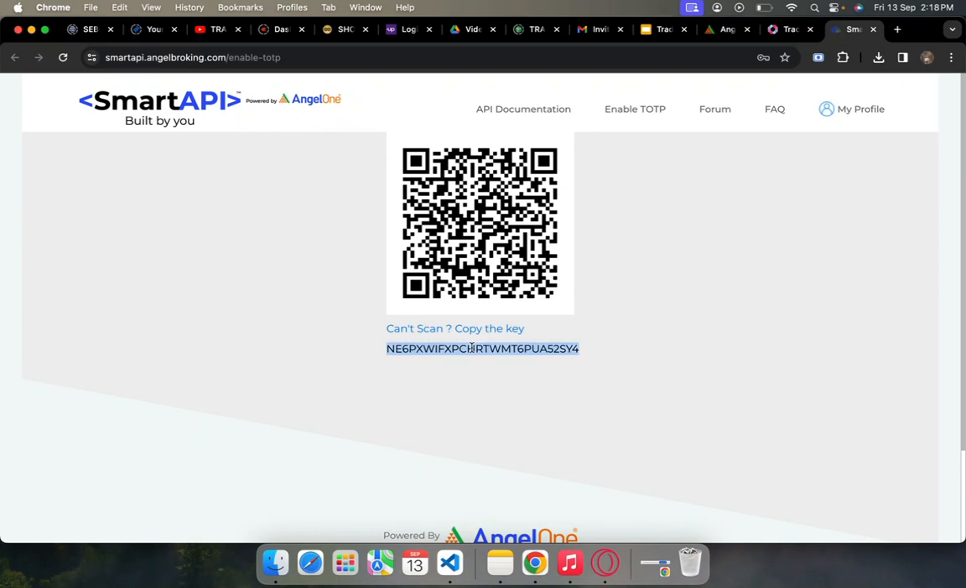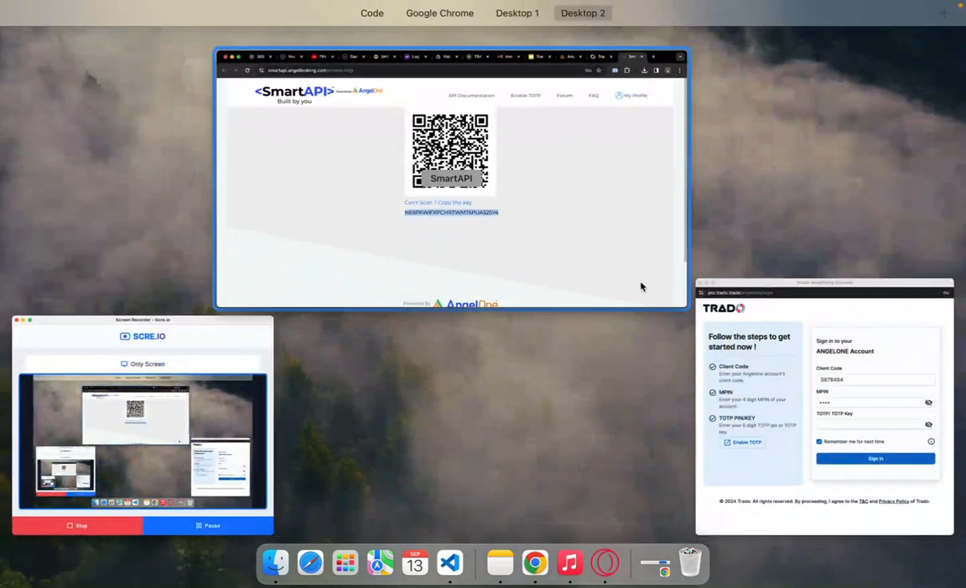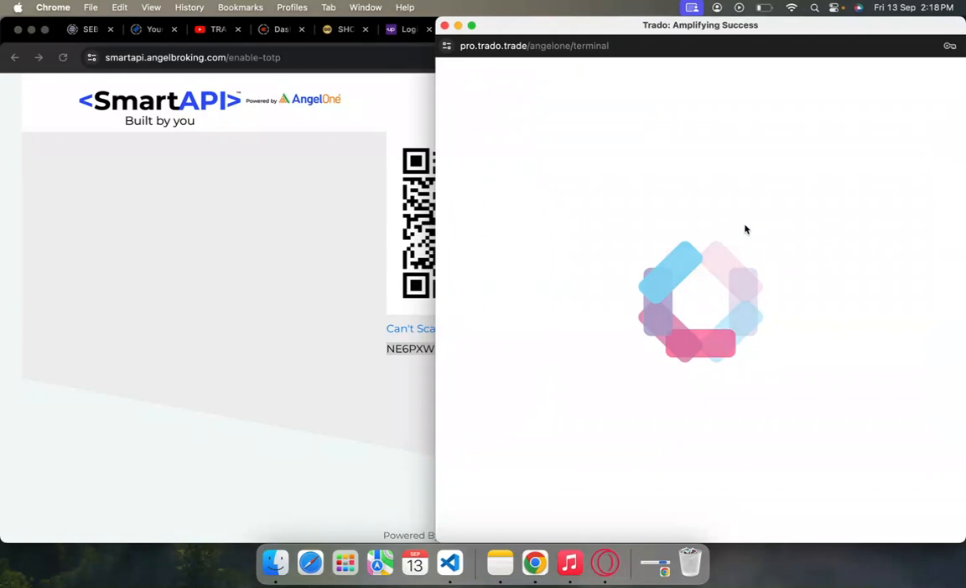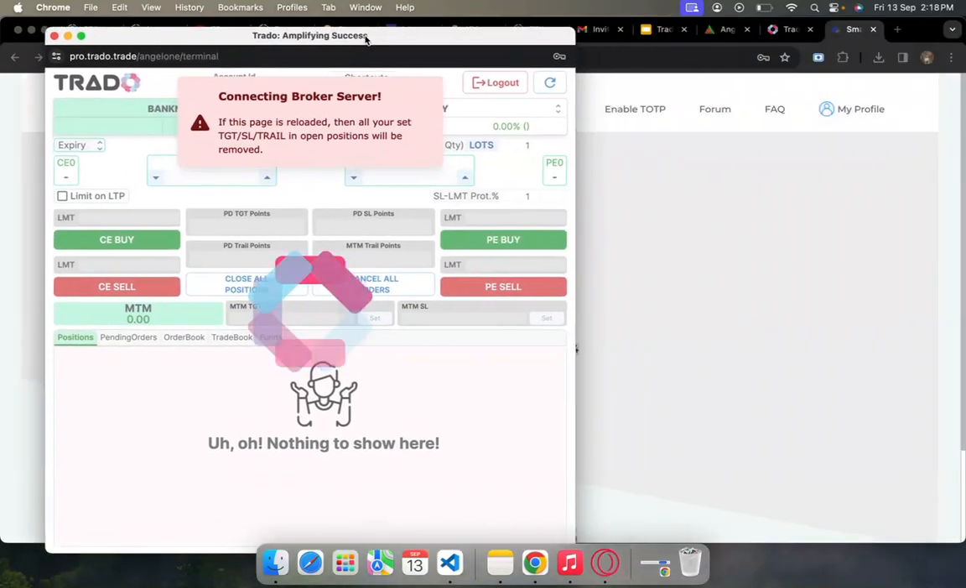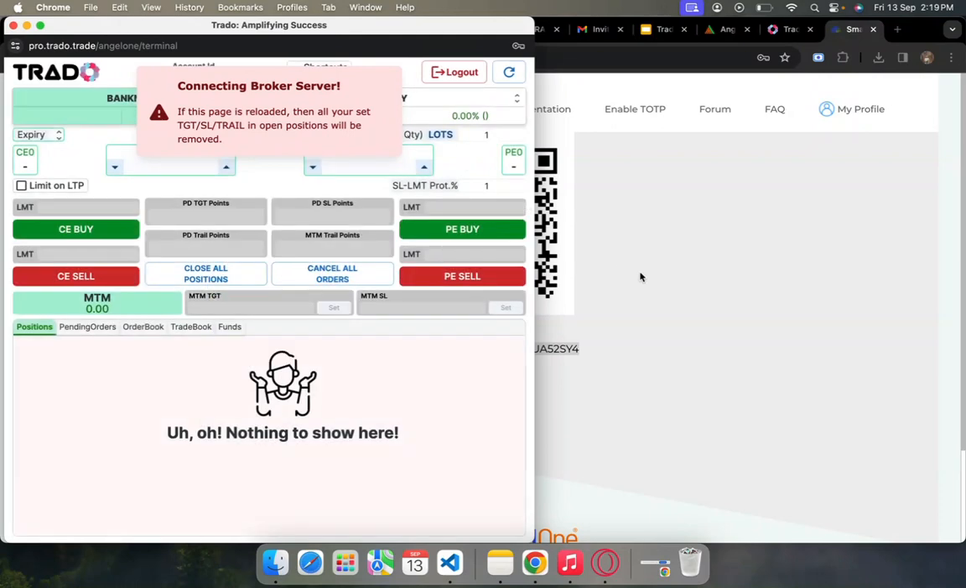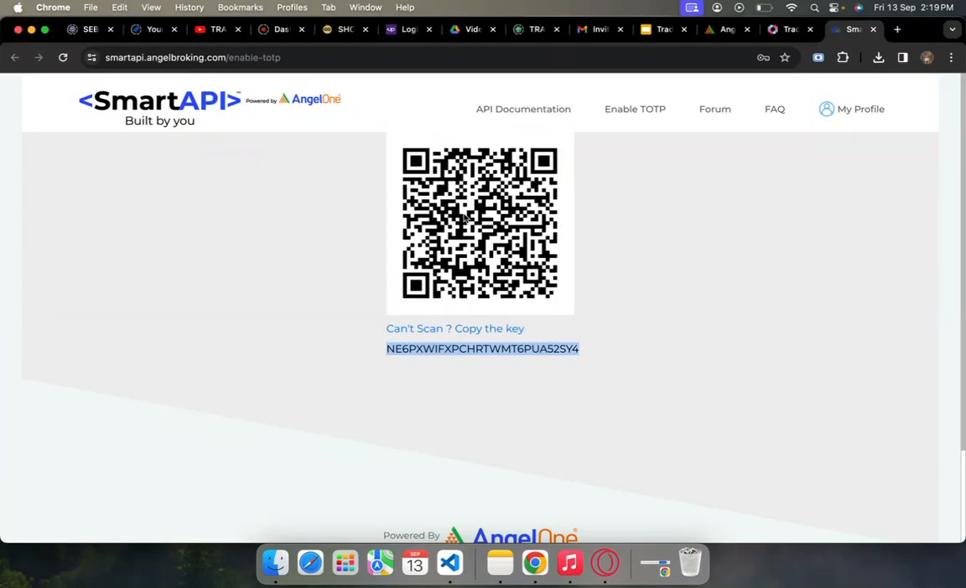This key we will copy. Simply copy this with Control plus C, and we will paste this key to this TOTP key section and simply sign in. Okay, it's one method to sign in, and the other method is you can scan this QR